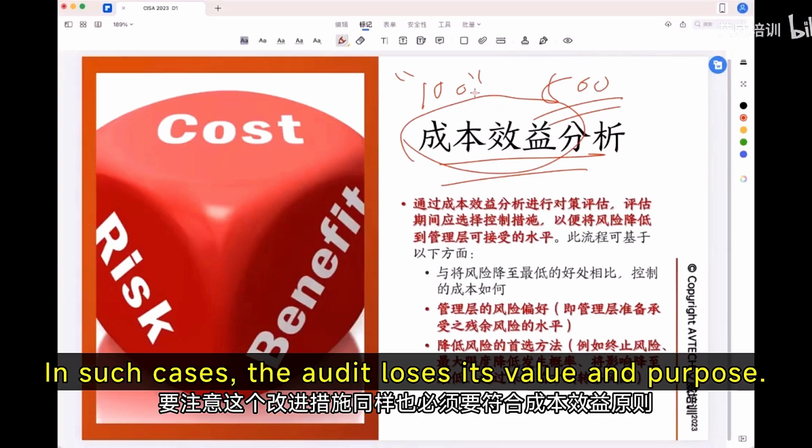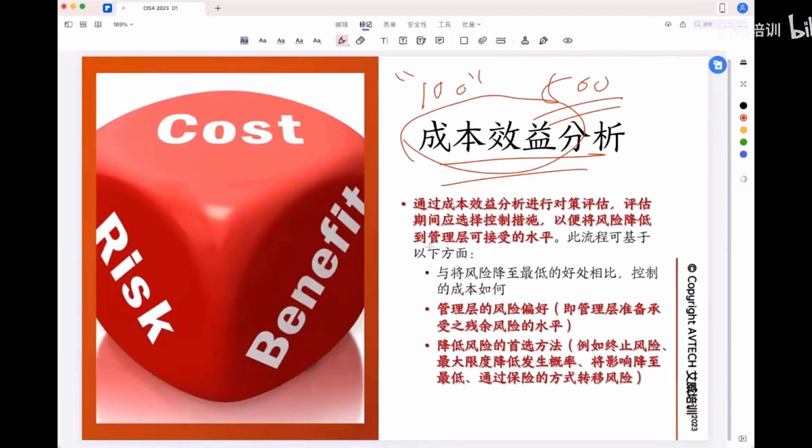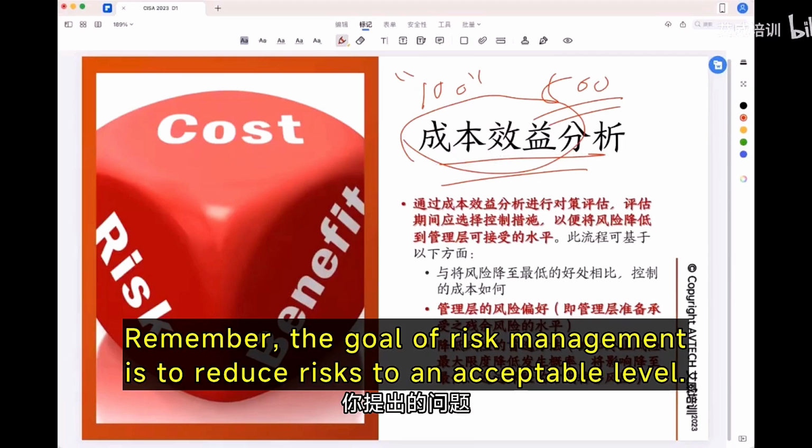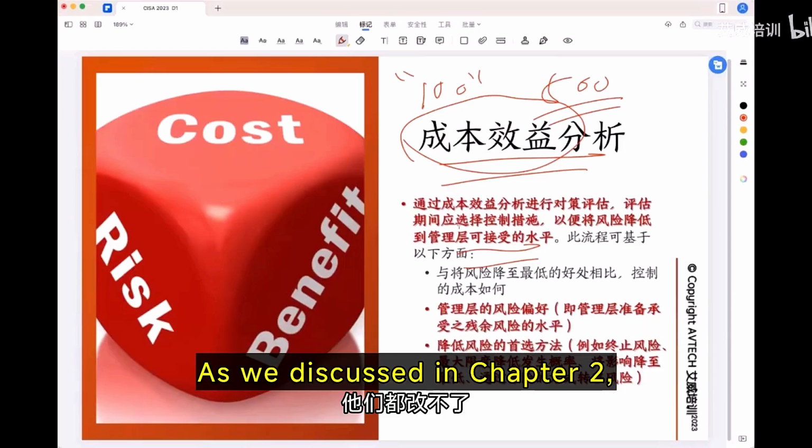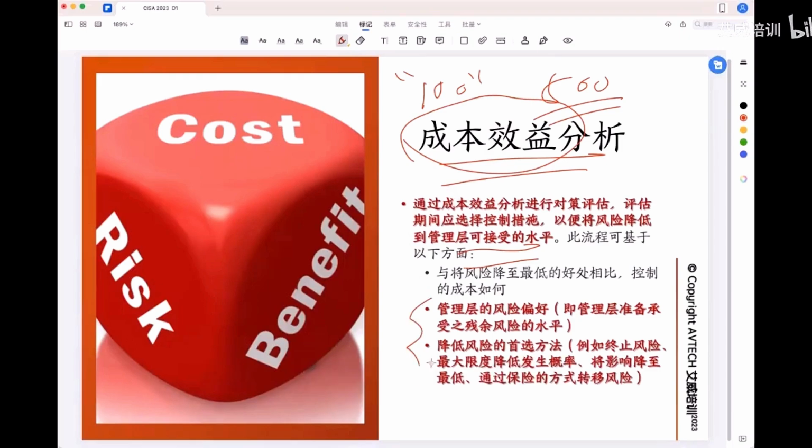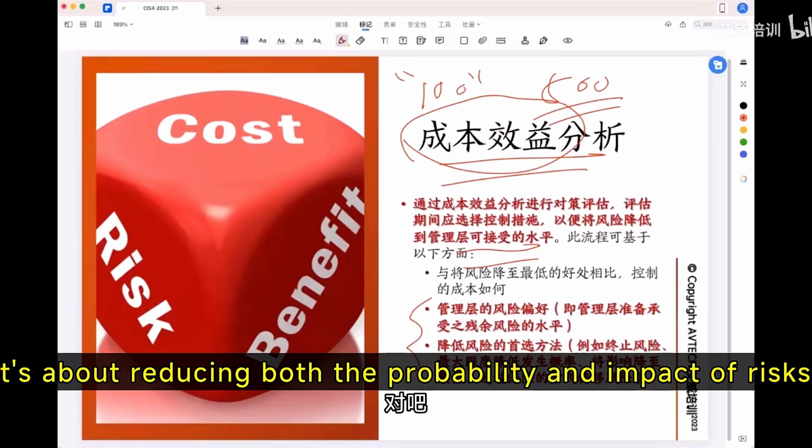In such cases, the audit loses its value and purpose. Remember, the goal of risk management is to reduce risks to an acceptable level. As we discussed in Chapter 2, it's about reducing both the probability and impact of risks, or by transferring the risk